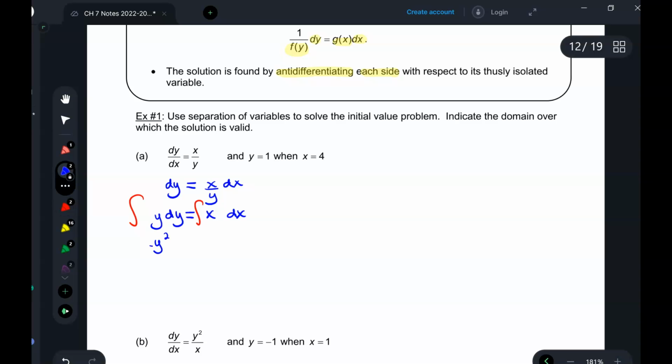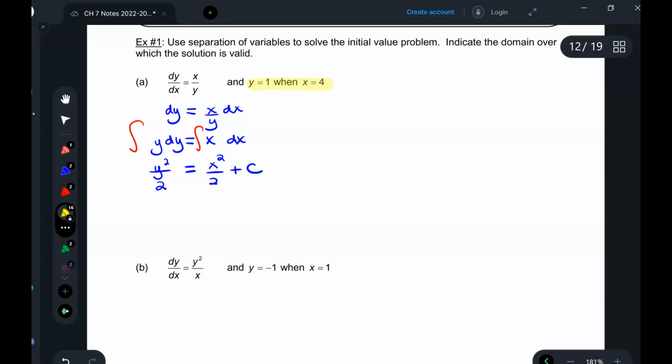Here we get y squared over 2. Technically there would be a plus c, but we like to just keep it on one side. Then we get x squared over 2 plus c. This is where we're going to take our initial value. So we have y equals 1 when x equals 4. So we're going to substitute in. So we're going to have